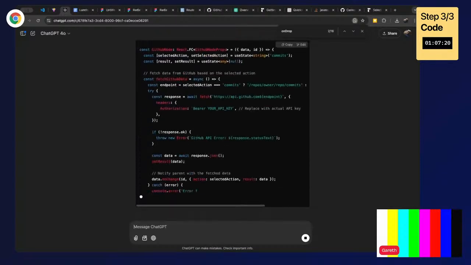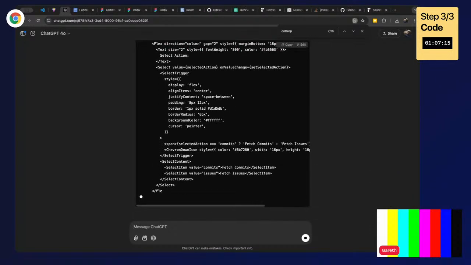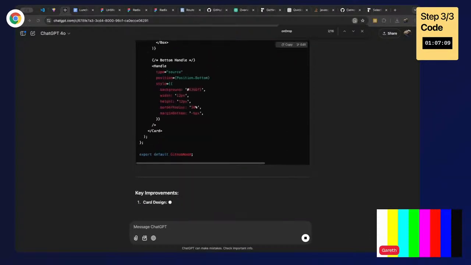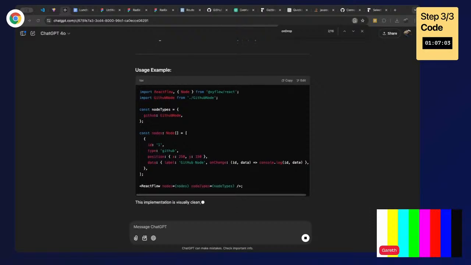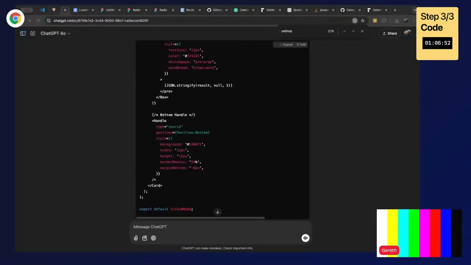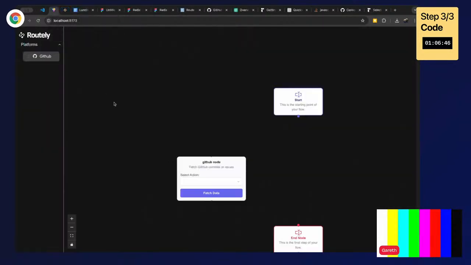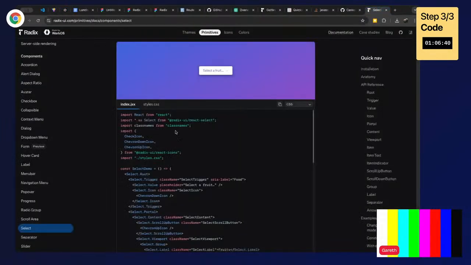There's some edges that need to be fixed. I think I need edged, probably. Okay. The drop down isn't really working, but